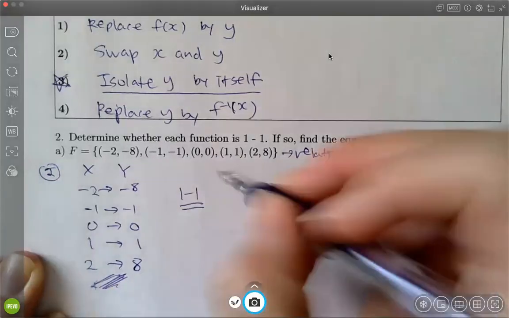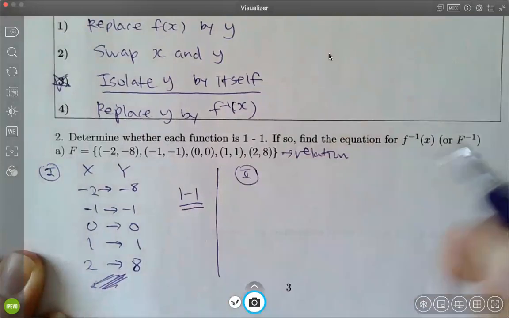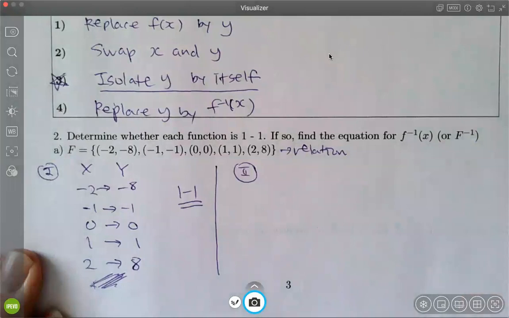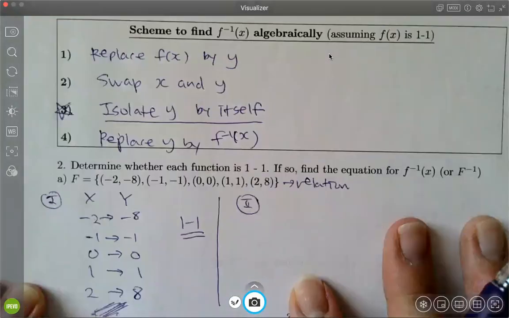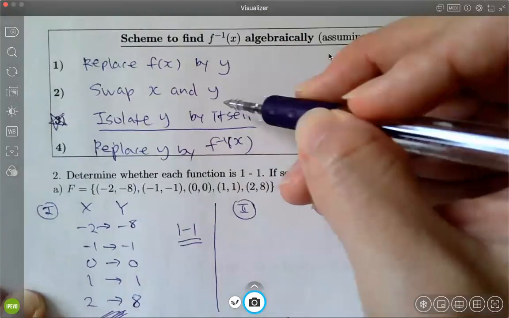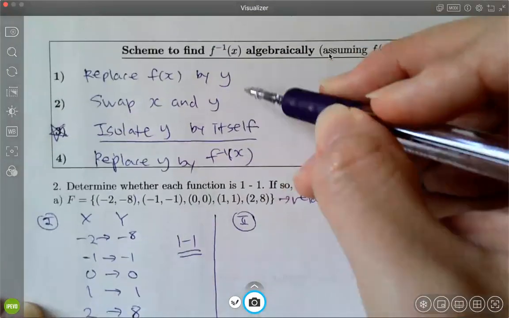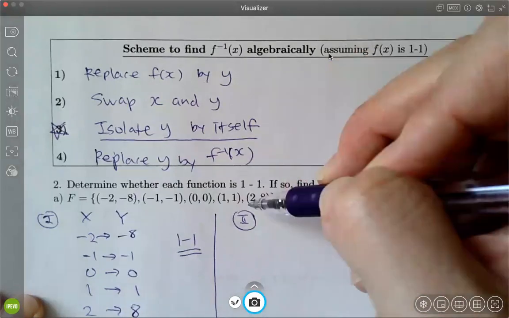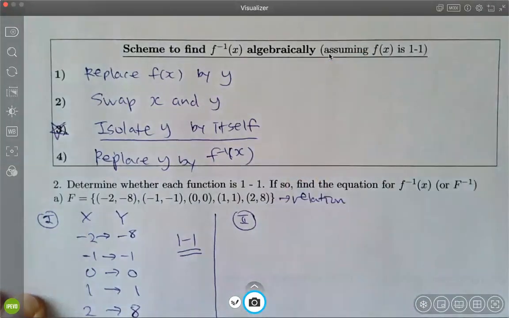Okay, now, how do we find the equation for the f inverse? Okay, so now the thing is we cannot use this scheme here because that's only for what? The function, right? The function equation. But here it's the relation, so what do we have to do? Okay, so if you remember,